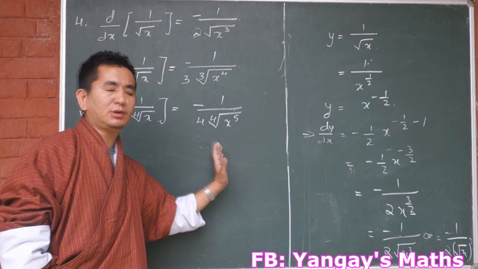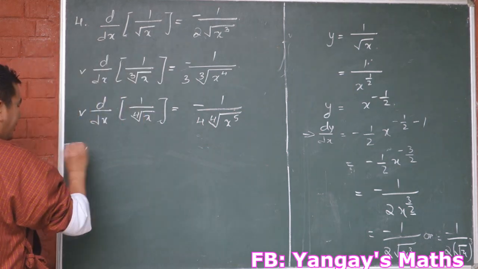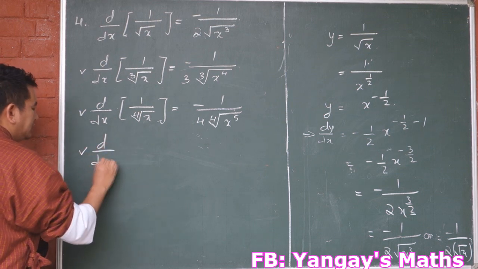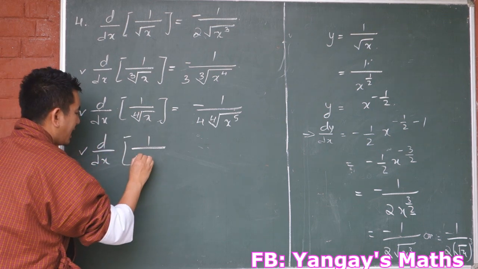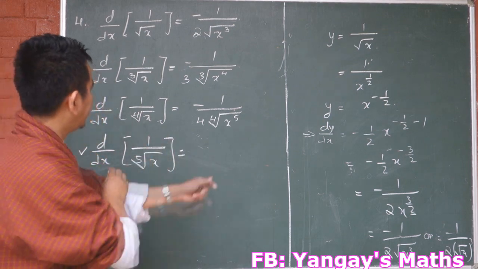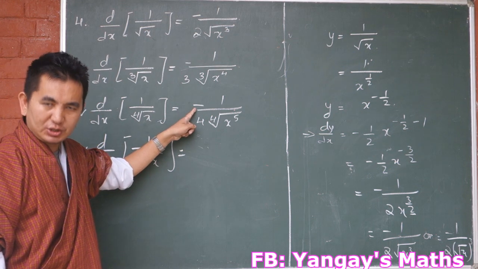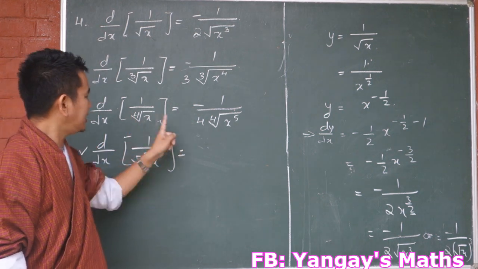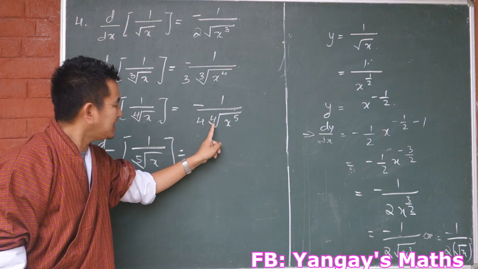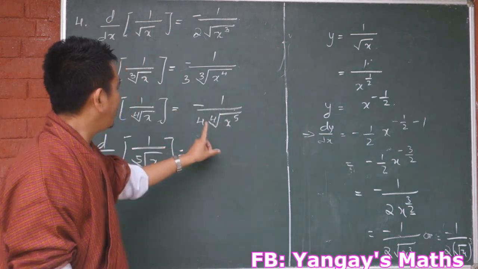Usually I will solve this one. If you are not thorough with the special cases, then you will not understand the differentiation. Now, what would be the differentiation of 1 by 5th root of x? What's happening? Root x is in the denominator, so the answer you will get is negative. This index 4 will come here. Index remains same, but power of x will increase by 1 with respect to